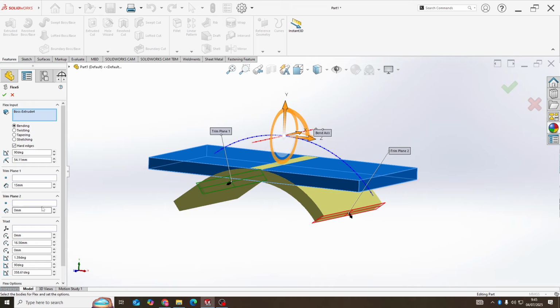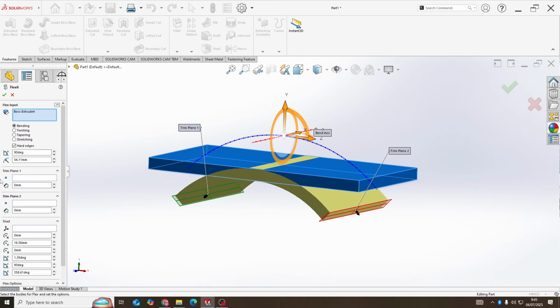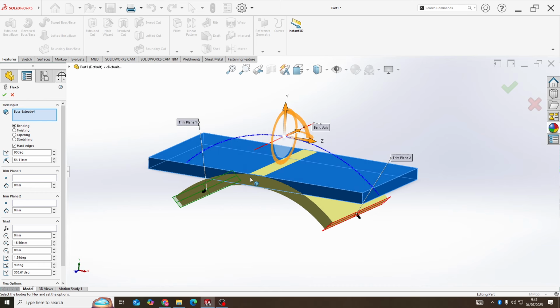And we make it 0 again, like trim plane 1 and trim plane 2. Like this. Neutral plane: for 0%, bend starts immediately at trim plane 1. For 50%, maximum bend happens at the center of the flex region, and at 100% bend starts only near trim plane 2.